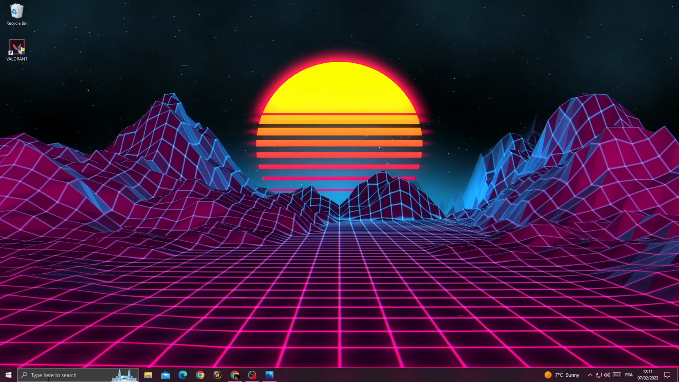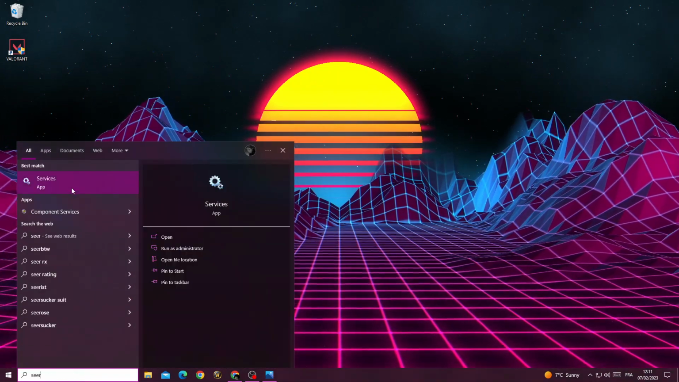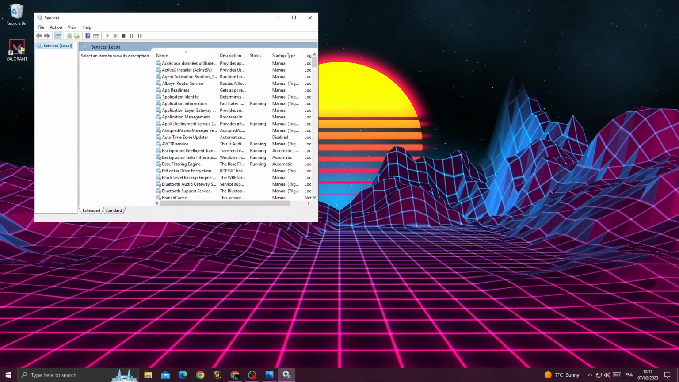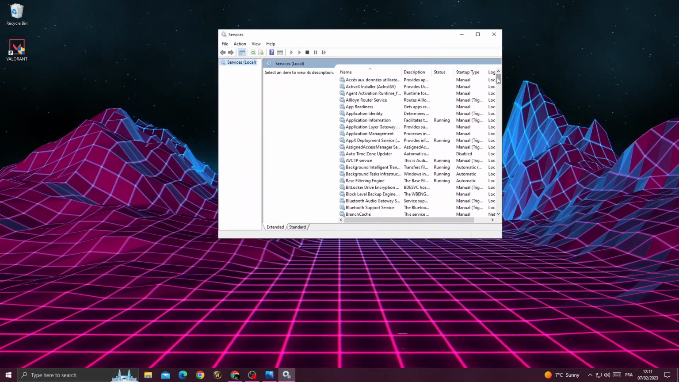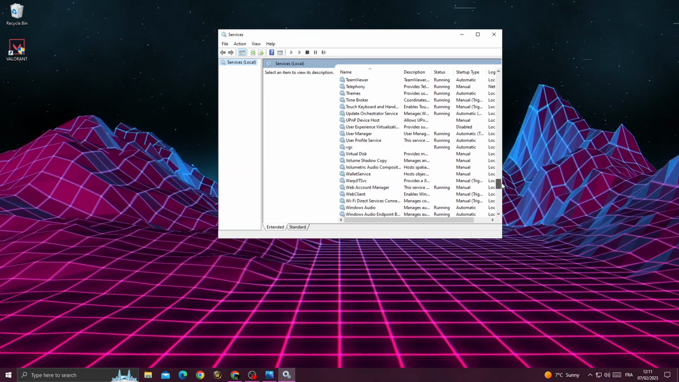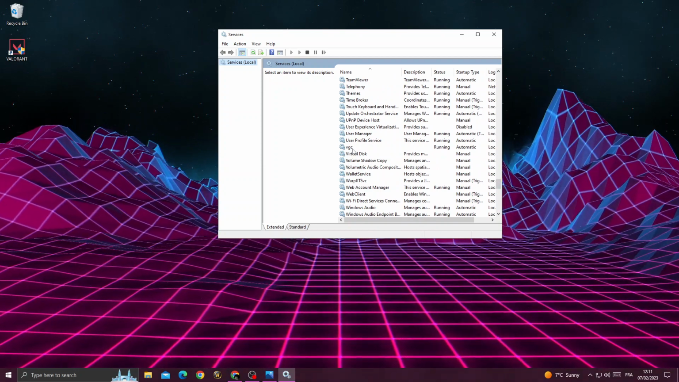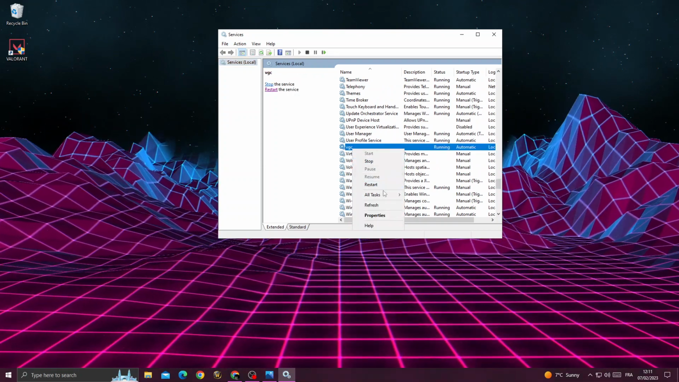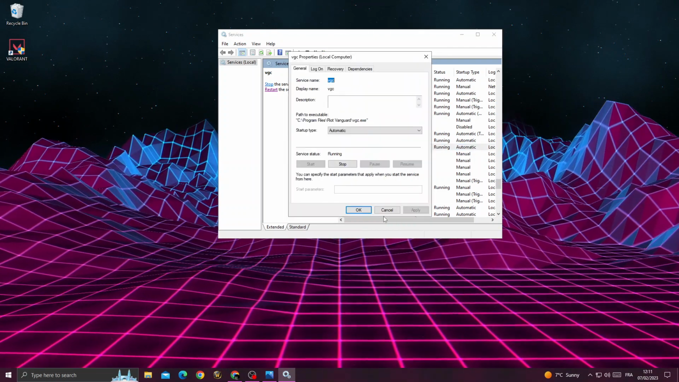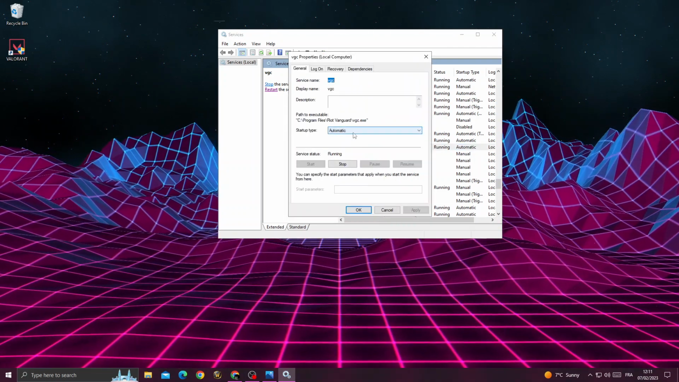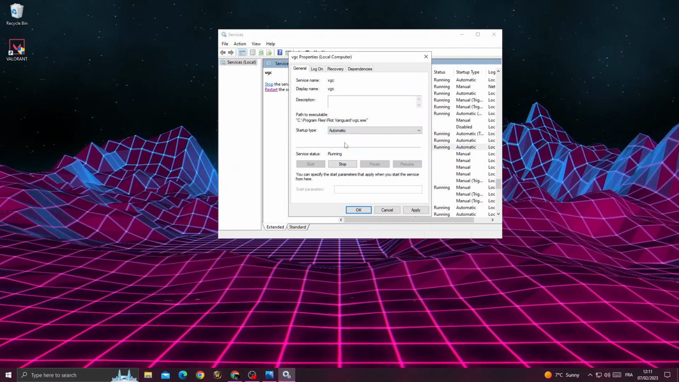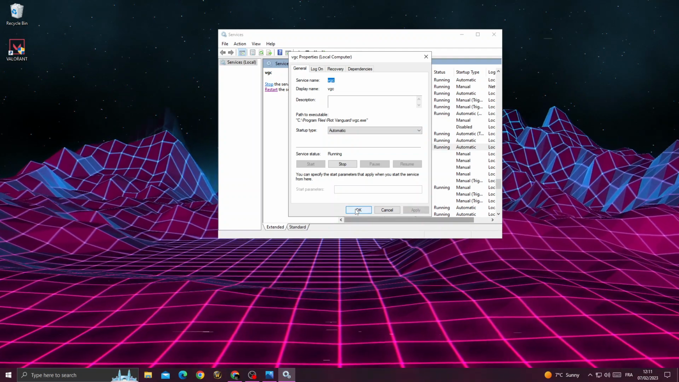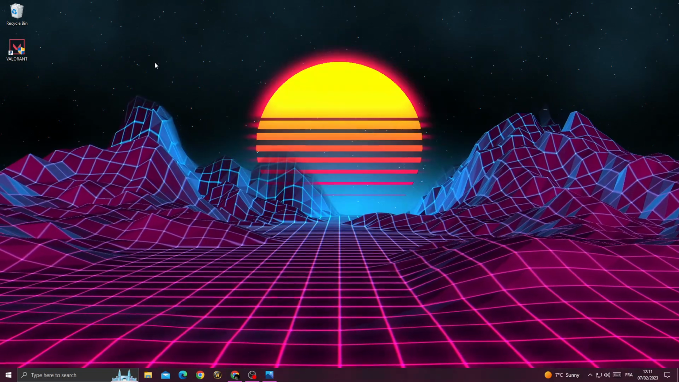After that, go to Services, and now scroll down until you find here VGC. Right click on VGC and click Properties, and here select Automatic, and then click Apply and OK, and then just